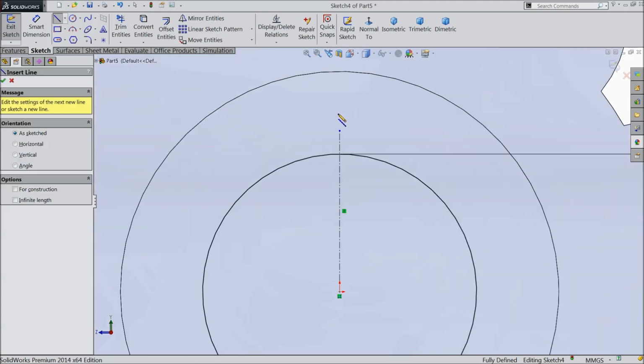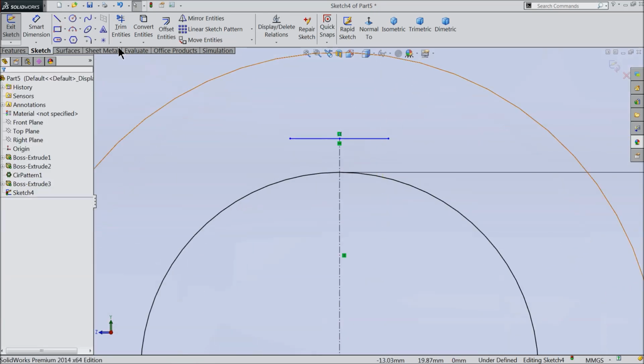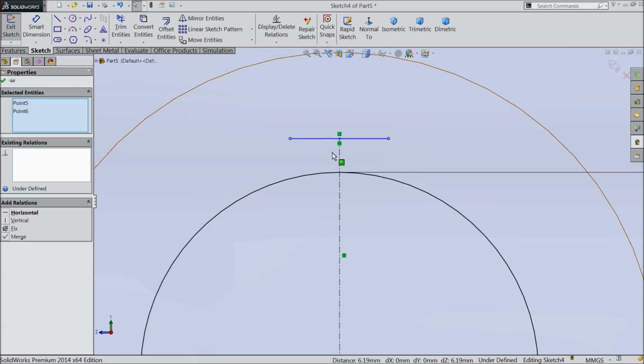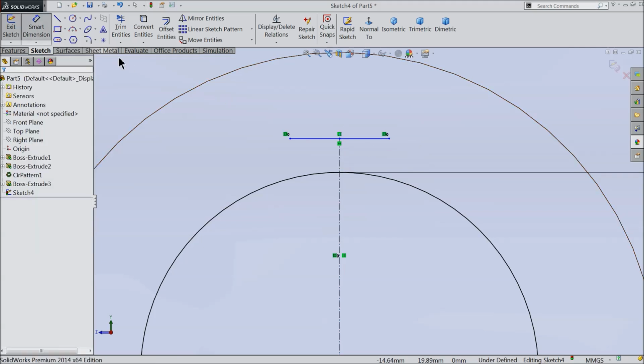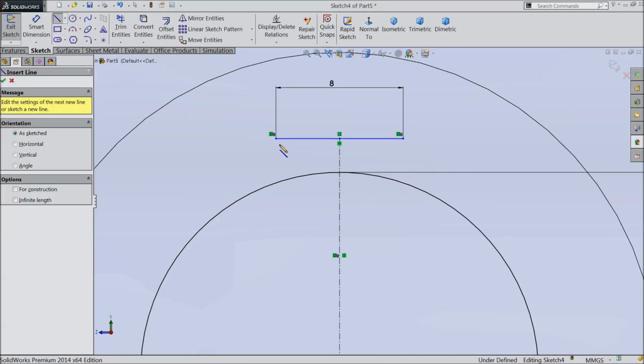Okay, select here line, exit, select both the end point and center line, and create relation symmetric. 8 mm. Okay,